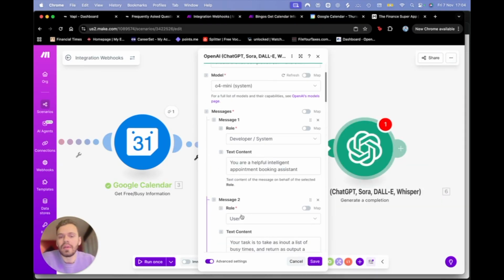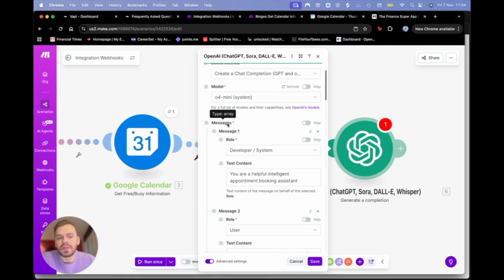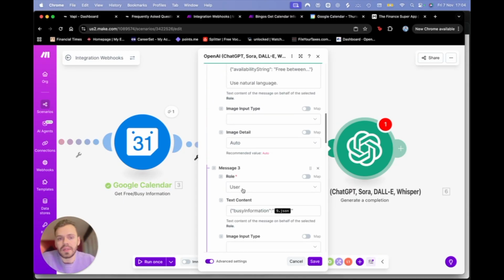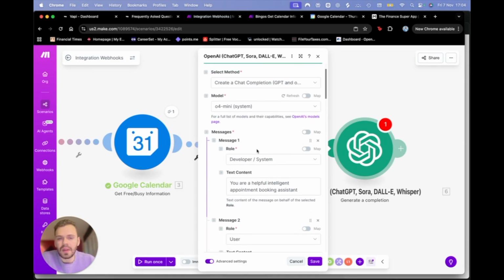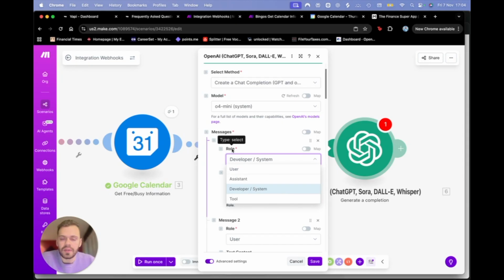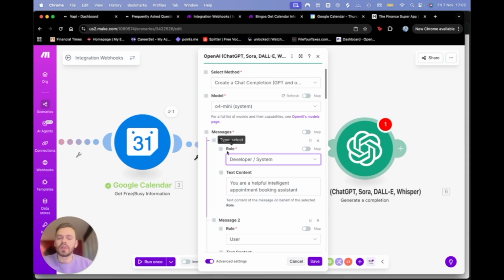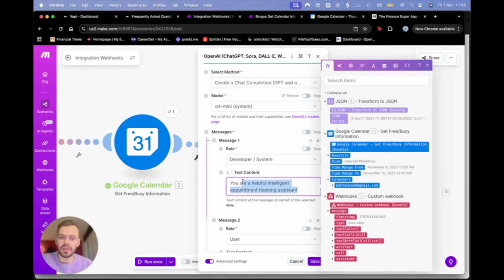But going forward, we're going to go into this messages icon. You guys will probably see it as something empty the first time, but essentially the way that it works is for each message you have to give ChatGPT a role, which is a little bit different from what people are used to in general use ChatGPT. Each one of these roles is different. In this case, we're going to start with developer system. Developer system is essentially what role you want this model to take. So very simple: you are a helpful, intelligent